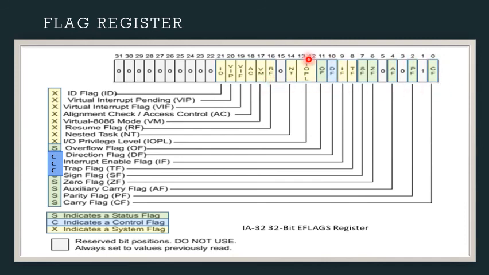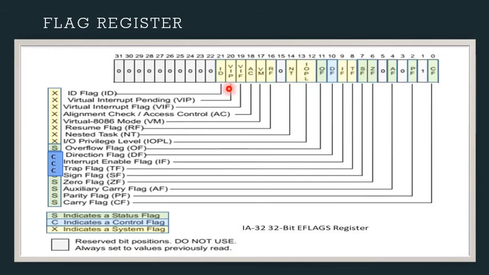All other flags are similar to those of the 80286 microprocessor. You can check the details of the flags in the previous video lecture also.